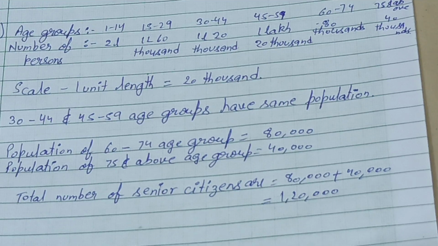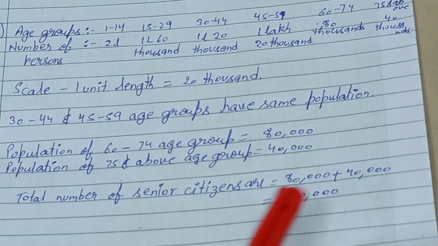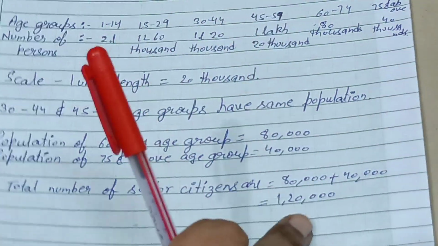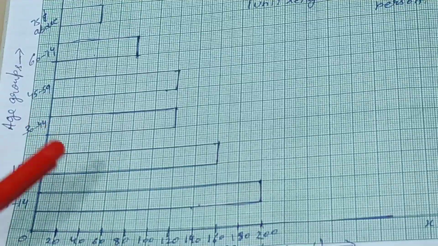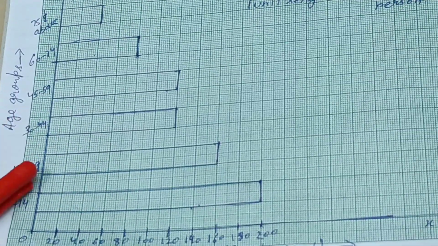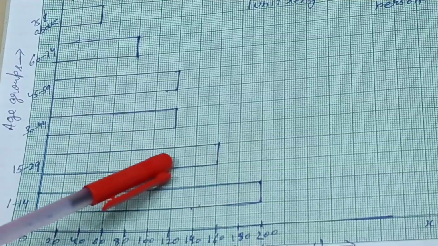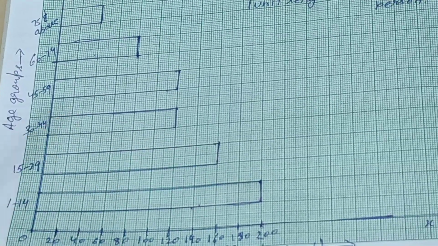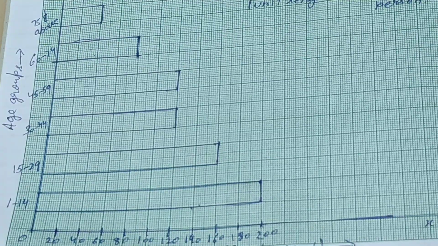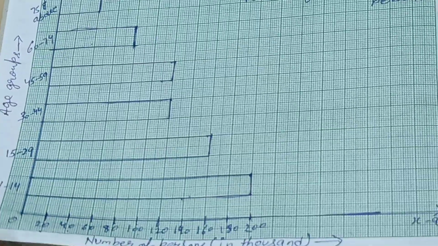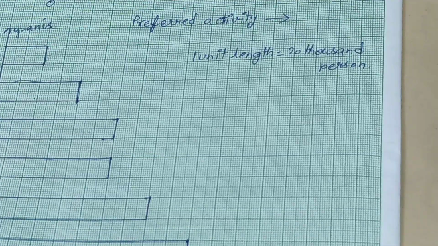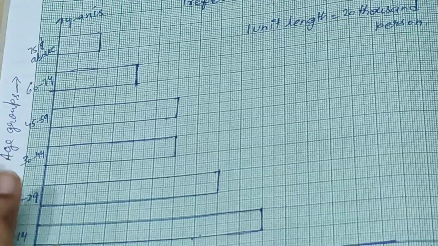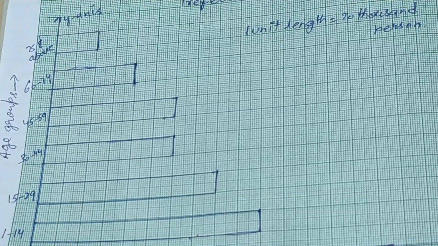So any type of question can be asked to you, as in this question we had to add two populations. It is also possible that they can ask you the difference between population of two age groups, or they can ask you that how many more persons are there in any particular age group in comparison to other one. So there are lot many questions which can be answered by observing bar graph. So this is how we are going to plot our bar graphs. Now do question number 2 and 3 yourself. By this we finish our chapter number 9. Thank you.